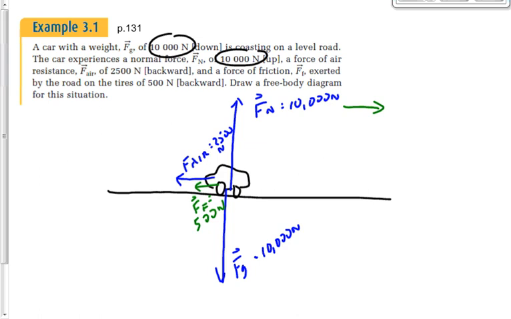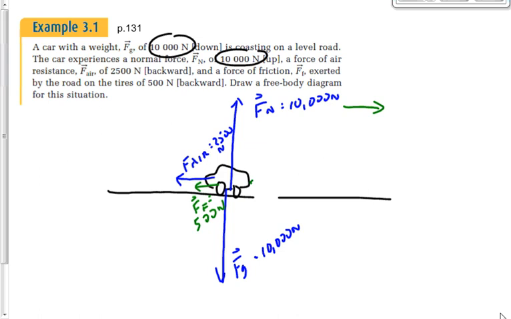Luis, do I have that drawn in the right place? The force of air resistance, or should I have drawn it over here? It doesn't matter, as long as I have it drawn in the right direction, and as long as I have drawn more or less the right length. Is that good? You guys can draw these, right? That's good, because you're going to need to draw them lots today when we start doing our next thing,